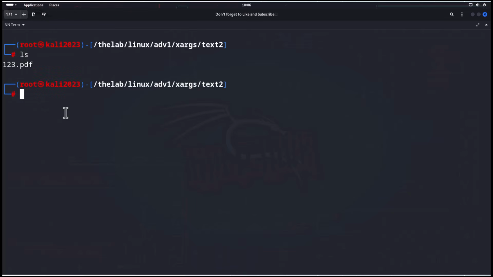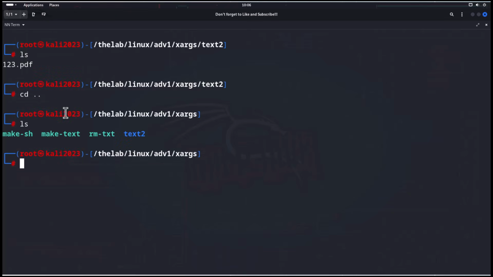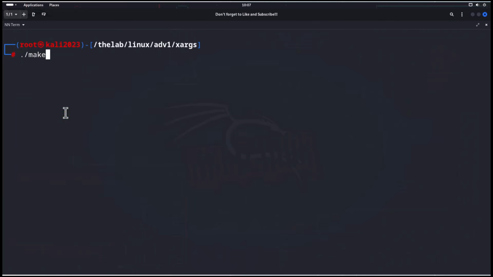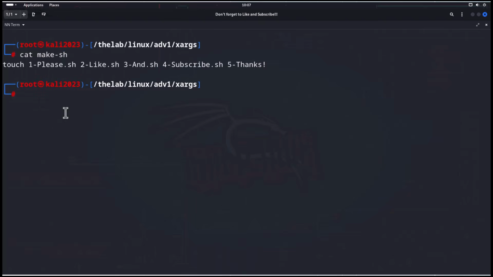And before we do, let's get out of here. And then let's rm txt2. All right, now we're clean. Now what we're going to do is make, actually, let me show you, make.sh. So what it's going to do is it's going to create a bunch of files that are going to